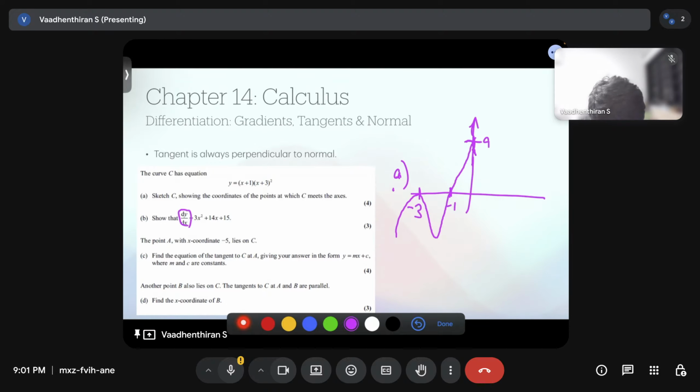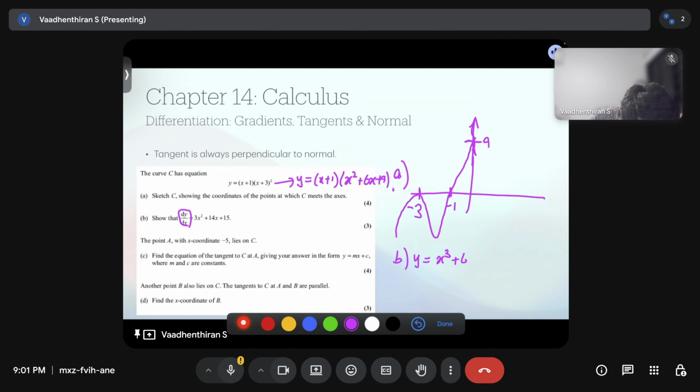Now they are asking to find dy over dx, and you need to show that it's 3x squared plus 14x plus 15. So basically, first you need to expand this. So you get x plus 1, x squared plus 6x plus 9. So part B, I'm just writing it here. So y would be x cubed plus 6x squared plus 9x plus x squared plus 6x plus 9. When you write it in simpler terms, it will be